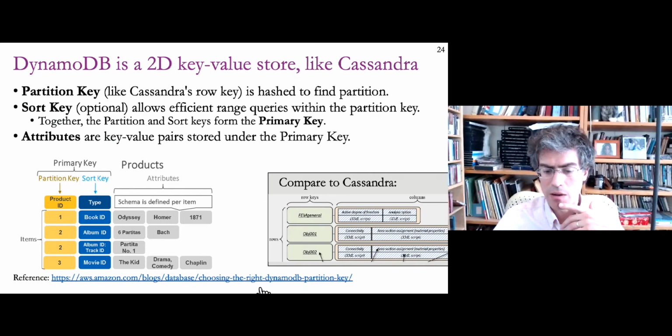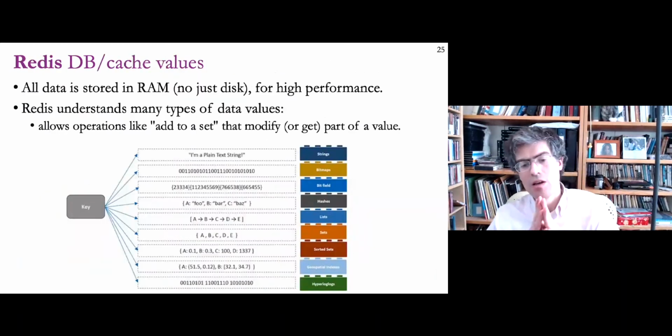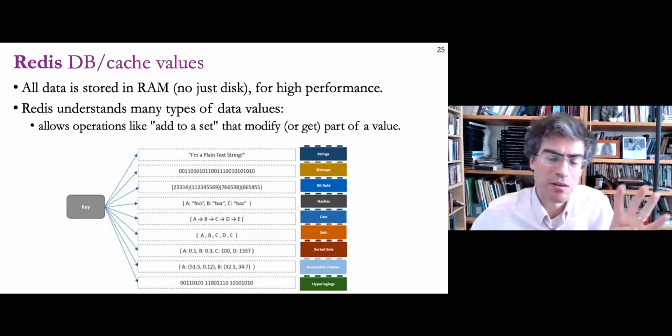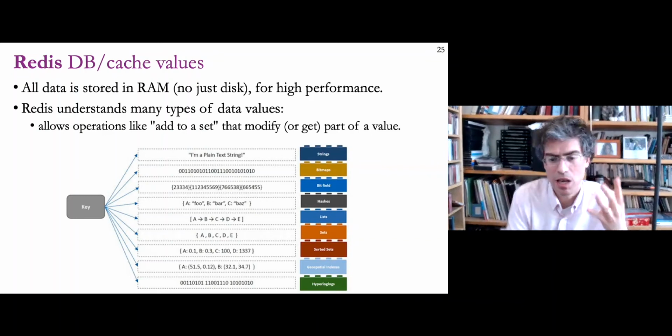Okay, there's a blog post here that describes the partition key and sort key, how that works in Amazon, which is worth reading if you want to learn more about that. Right. Okay, so now the fourth kind of NoSQL database, I think this is the last big category I want to talk about,